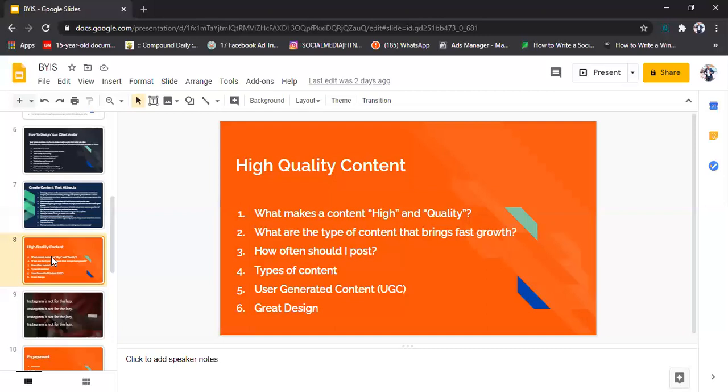So you have to make sure you put out there high quality content that would make your page stand out. When I say high, I wrote here what makes a content high and quality. High means it has to be very clear. Quality means it has to be something of value. Don't just post because you want to post. Whenever you're putting out a post, let the post have a purpose. It should have something it wants to achieve. People naturally are drawn towards people that give them free value. That is where quality comes in.